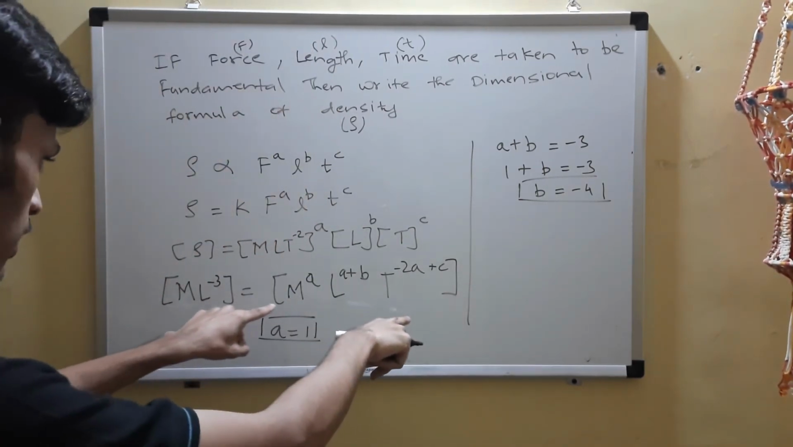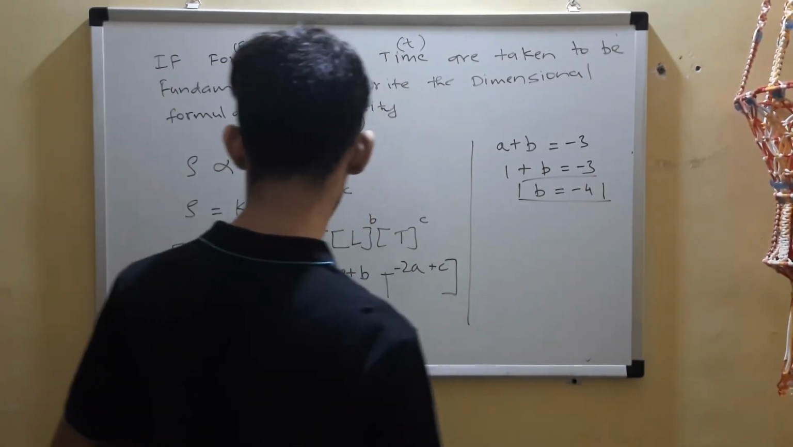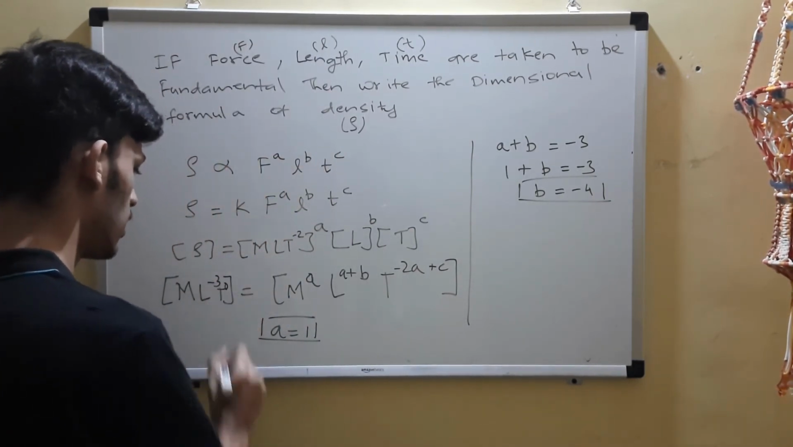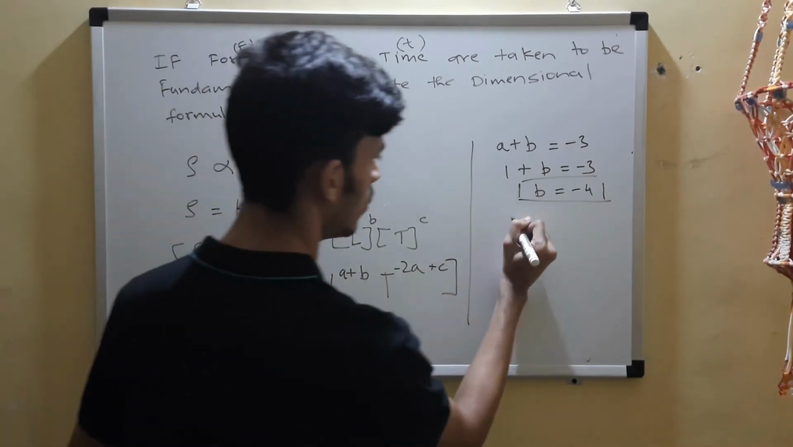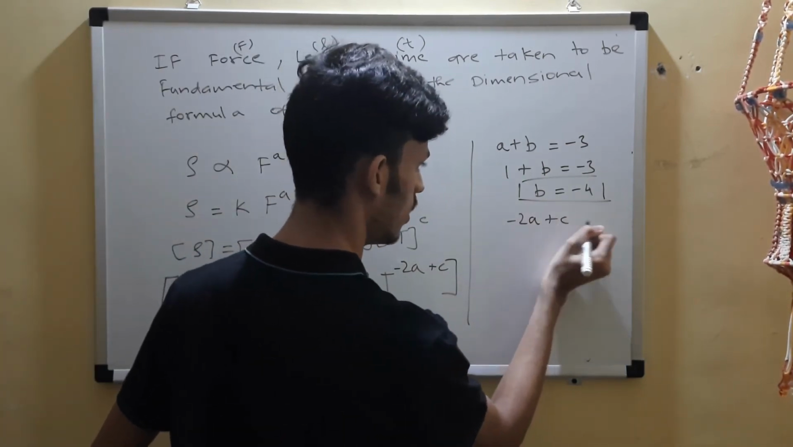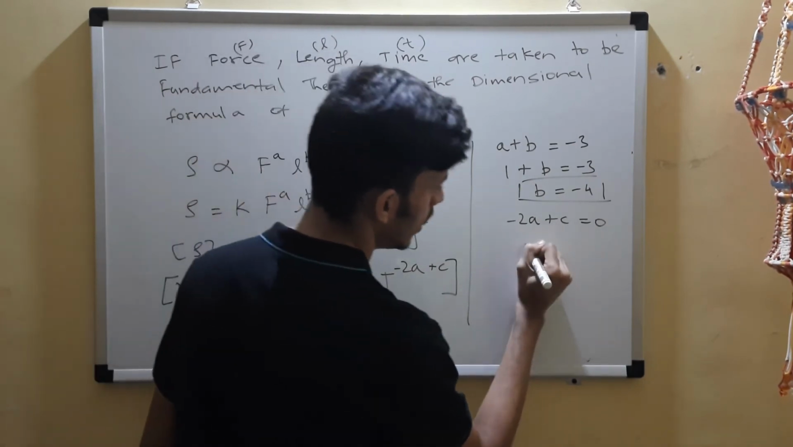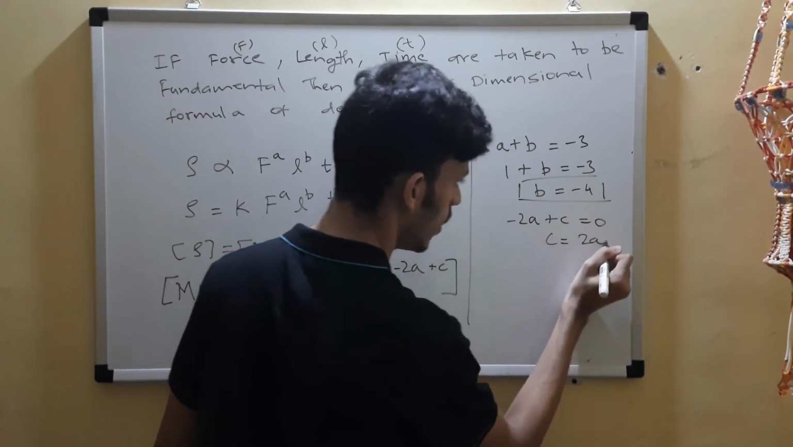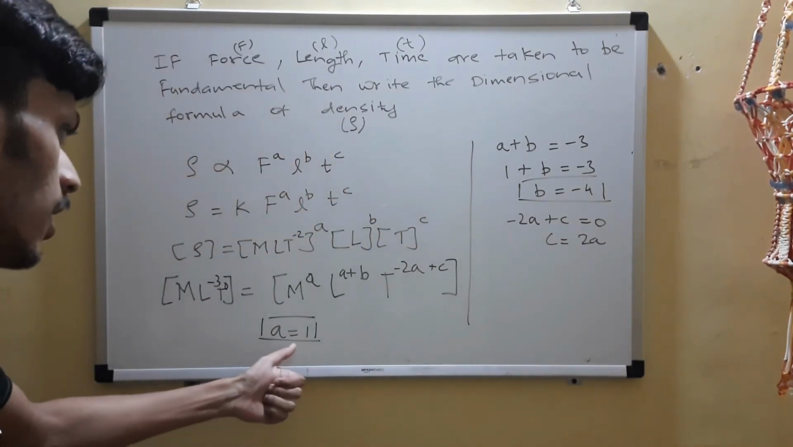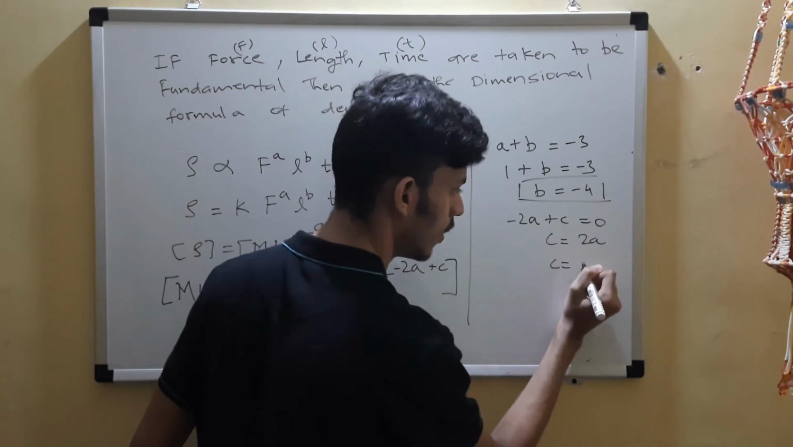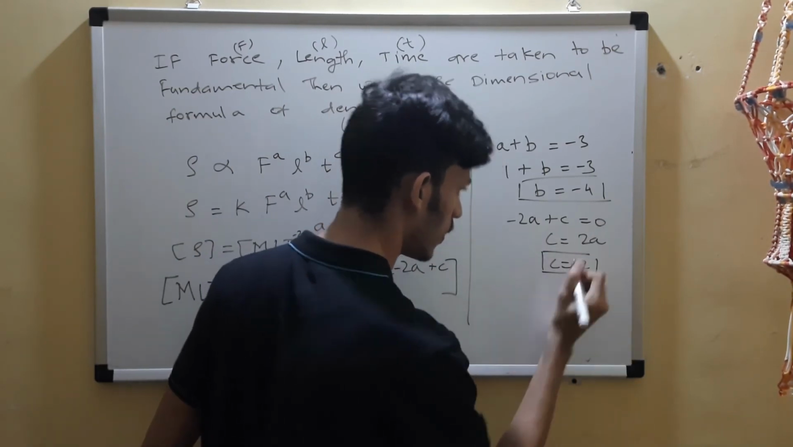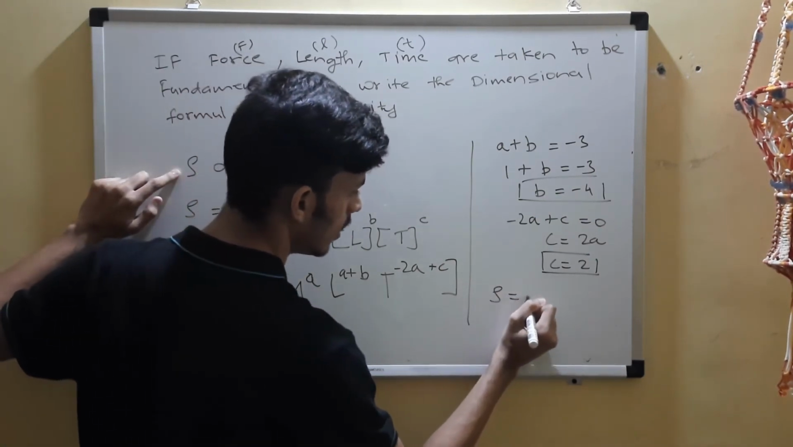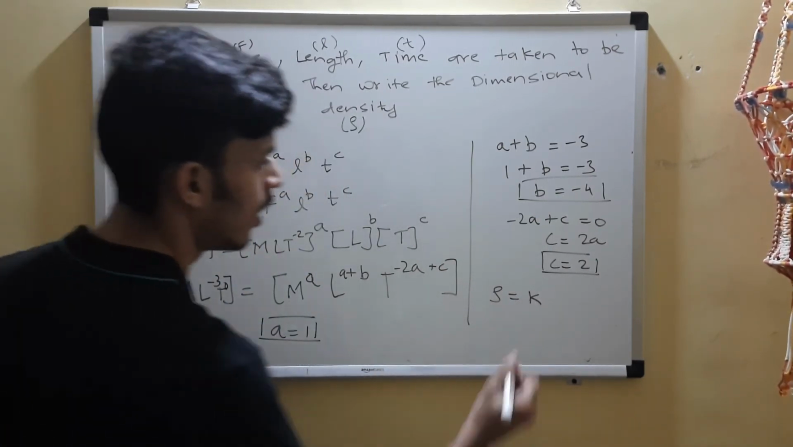And finally we'll say T raised to power 0. If nothing is written, it means T to the power 0. So minus 2A plus C is equal to 0. Now minus 2A equals minus C, so C is equal to 2A, but A is 1, so C is 2 into 1, which is 2. We got all the values A, B, C. So we can finally write this as density is K F to the power